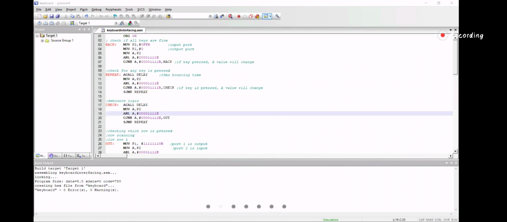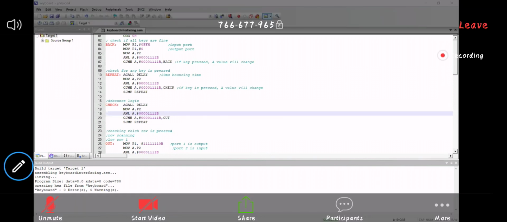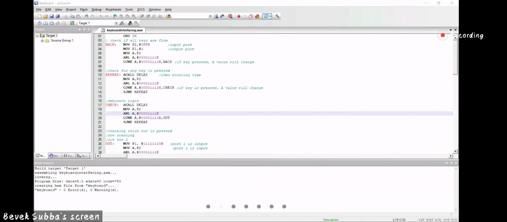Okay. ASCII value of 5 is 35. Let's say 35 is pressed or not. No. 35 pressed, the loop, it should change to 35. See, this is 3, right? This is 3, upper nibble. Wait, something is wrong.